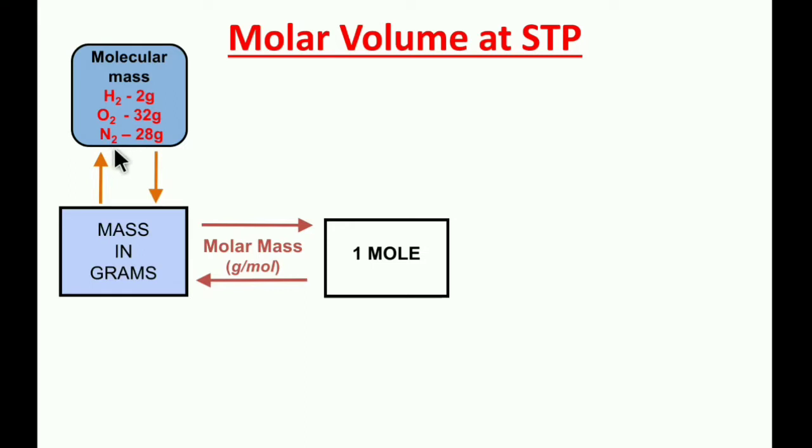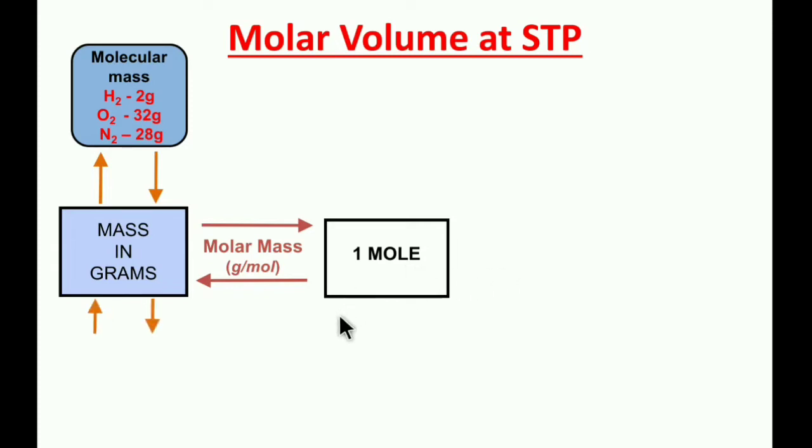At the same time, the nitrogen molecule N2 has a molecular mass of 28. So 1 mole of N2 molecule is equal to 28 grams. Understand, here it is molecular mass. 1 mole of any substance is equal to the molecular mass of the molecule. While we are discussing molecules, we have to equate with the molecular mass. This is the relation of mass in grams to molecules with the mole.